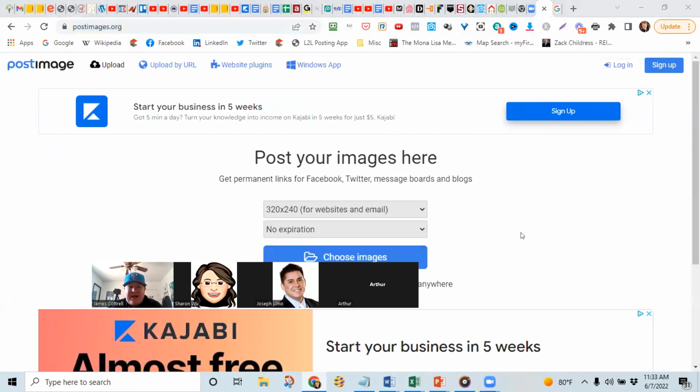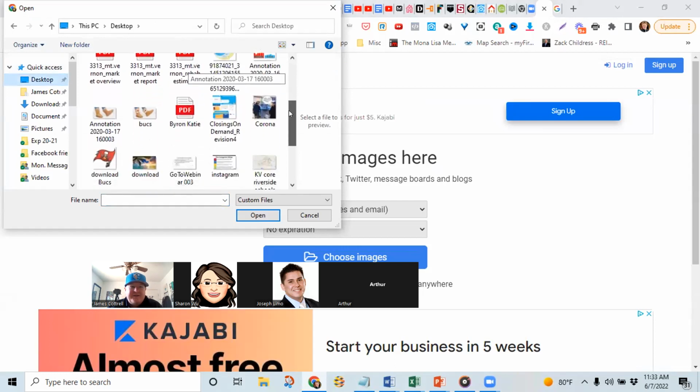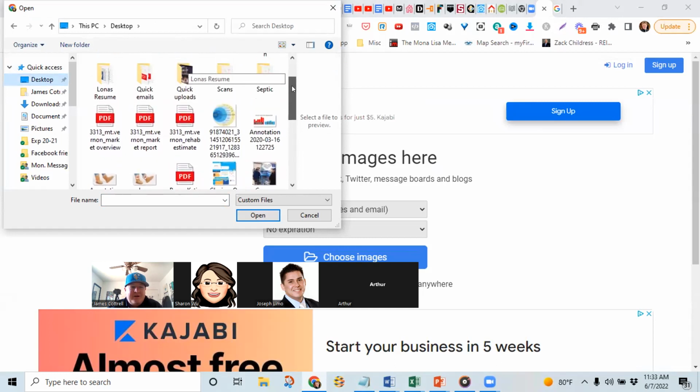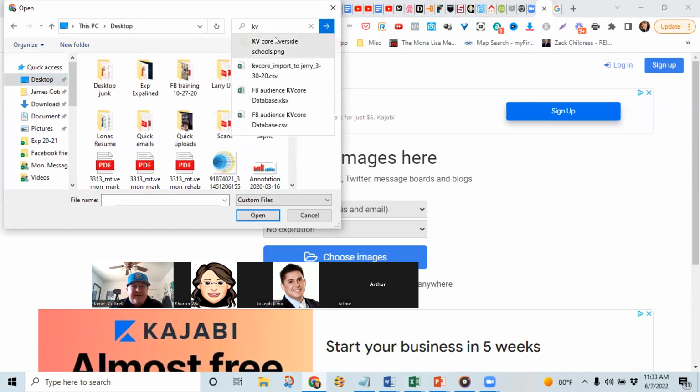Perfect. So I'm going to choose my image. It's on my desktop here. Where was it? Why am I not finding it here? You've got so many windows open. There we go.